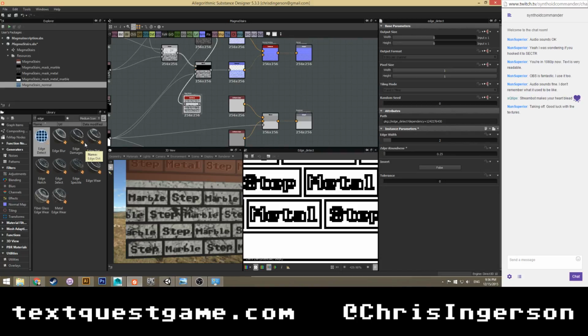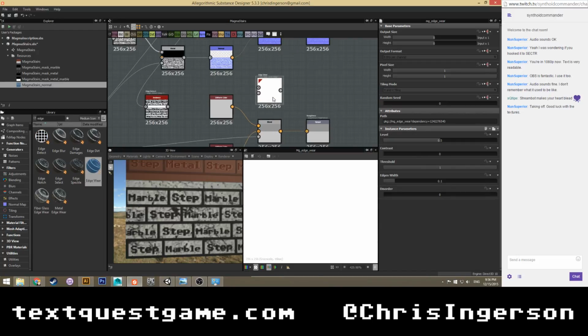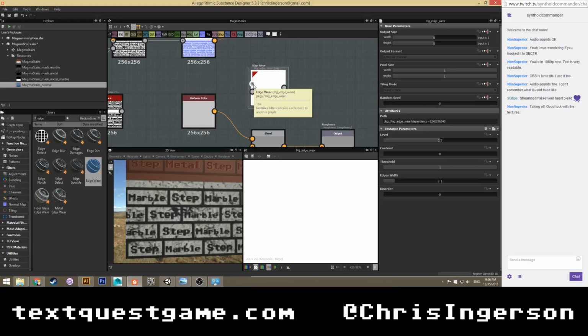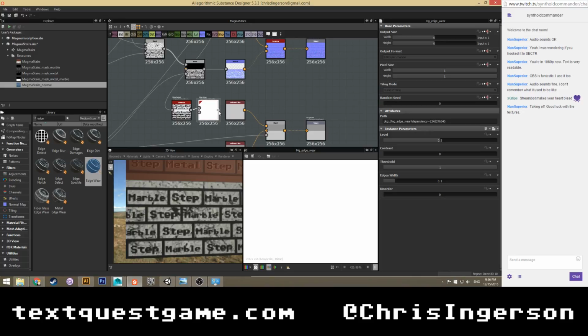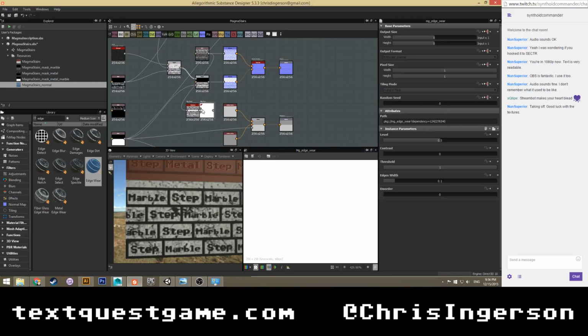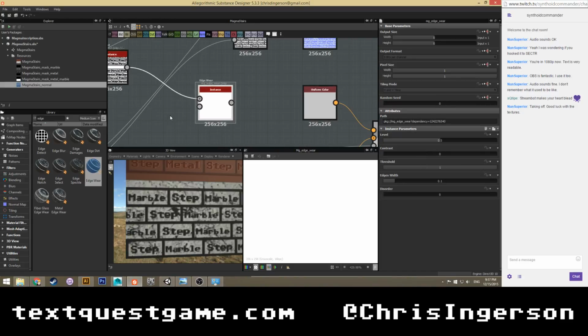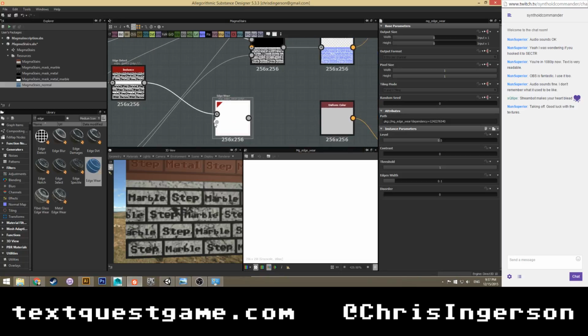Let's do edge where? I don't know what this is doing necessarily. I don't know what this is supposed to be.